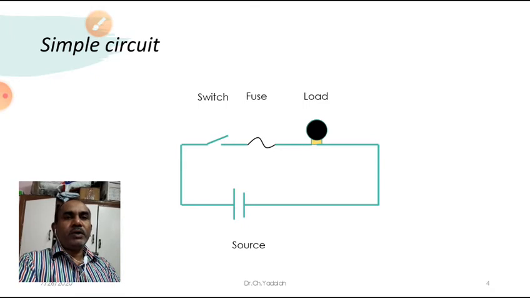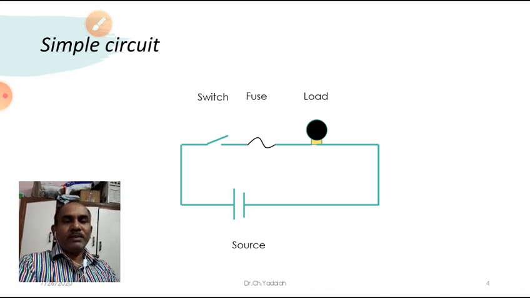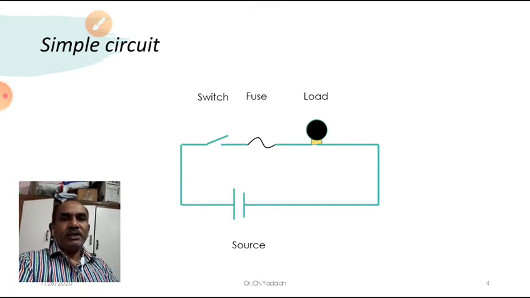and protective equipment. In domestic use, as I said, first here is the source. When the switch is opened, the circuit is not completed. At that condition, current will not flow. Voltage exists, but current always flows only when the circuit is in closed condition. So the switch is operated manually, automatically or remotely.